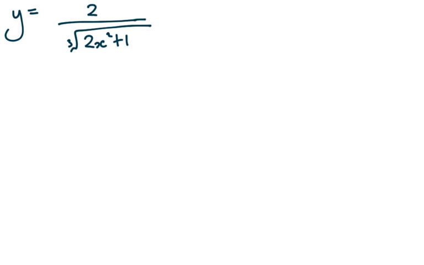Next, y equals 2 over the cube root of 2x squared plus 1. Differentiate this. Before that, rearrange. Rearrange means put it in the simplest, easiest form where I can differentiate. At this point I can't. Actually, you could, but there's another method which you will be learning later, maybe in P3, but not now. So what you have to do is